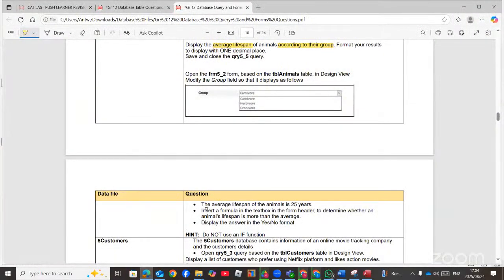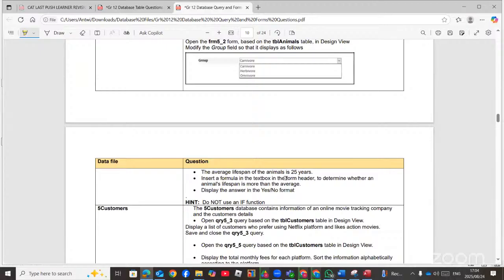And then the next question. The average lifespan of the animal is 25 years. Insert a formula in the text box in the footer section to determine whether an animal lifespan is more than the average lifespan. Display your answer as yes or no format. Do not use if statement. So here, we don't have to use if statement. We have to use the logical functions. Now,